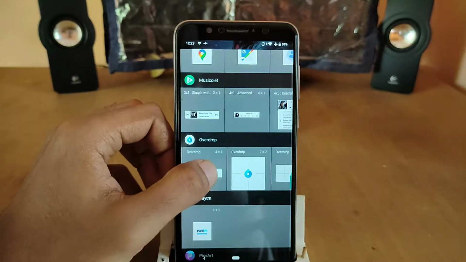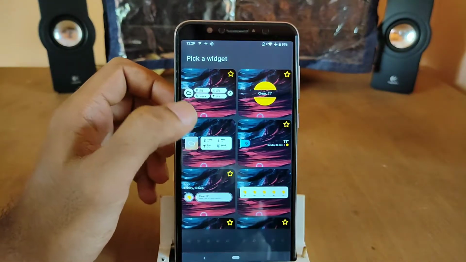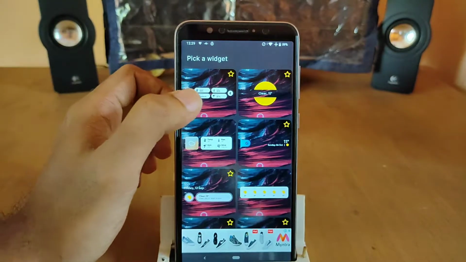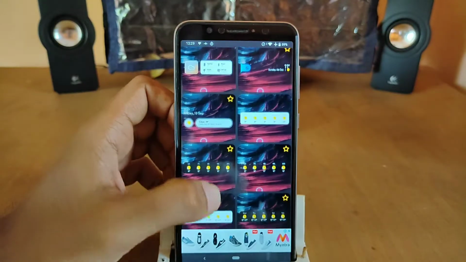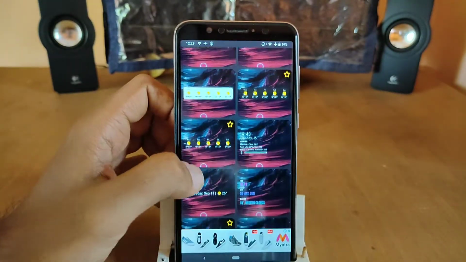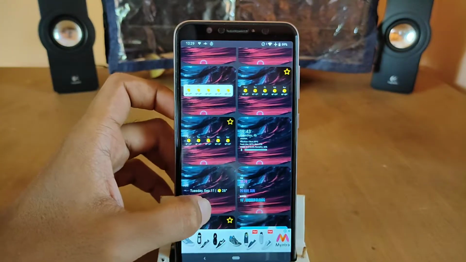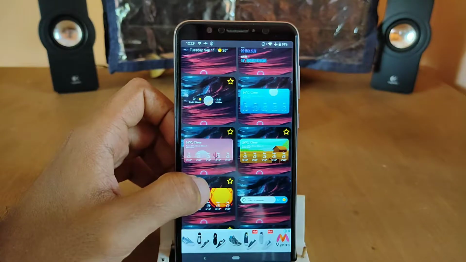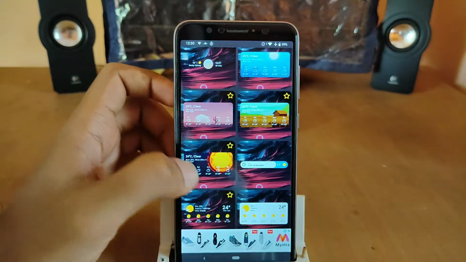For example, I'm just going to use this one. Okay, so once you open it, there are different widgets inside, different styles of widgets here, which can show you different information like temperature, the wind. There are different types here. As you can see, there are many you can choose from. There is even a widget which shows you the time and the date. Also, there's a widget which shows you the weather forecast for the entire week.